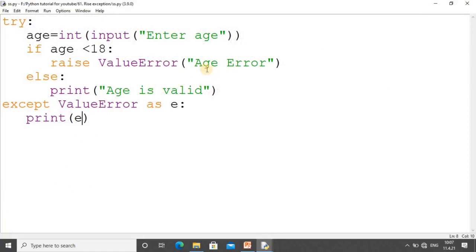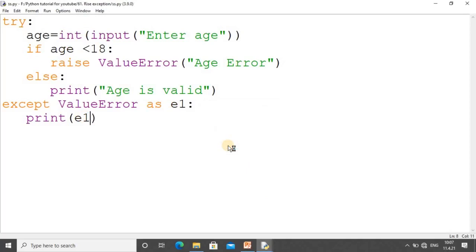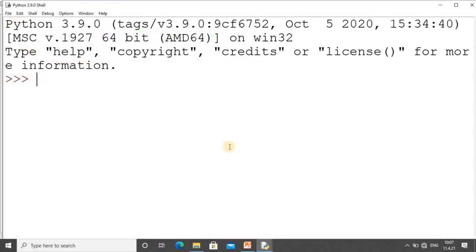So again I repeat it, along with that you can also show the message age error, and if it is less than 18 it will directly pass this message, but before that in the except you have to pass the object E. Okay, in place of E you can write any name. Suppose if I write E1, then you have to pass here E1 also. Again we will check it out for your understanding. So you see it is working properly,